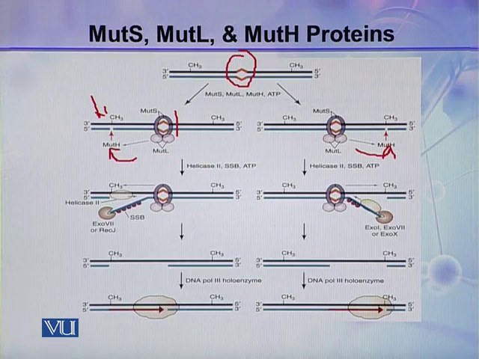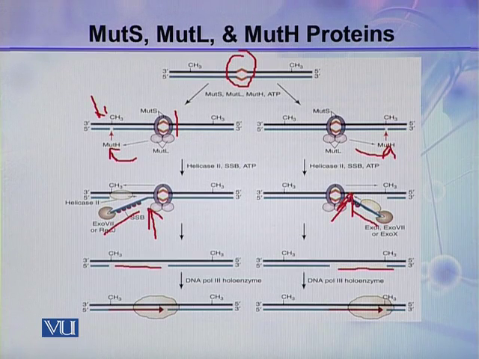The next is helicase II, SSB and ATP. They take part in the pathway, and this portion is then hydrolyzed, and now this is the gap, and this gap is filled by DNA polymerase III holoenzyme,